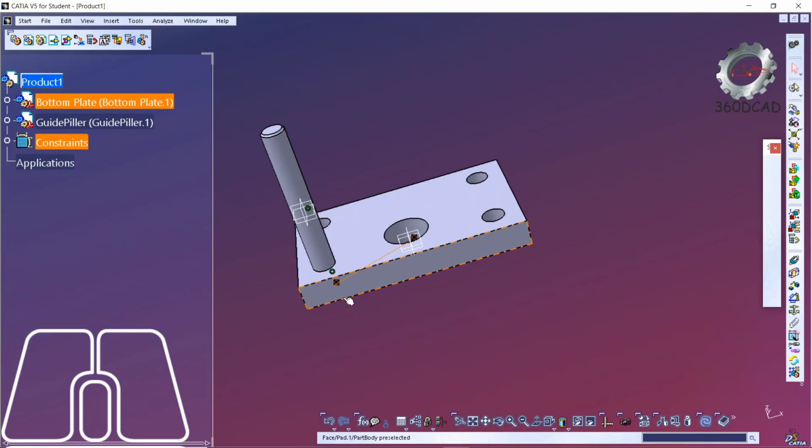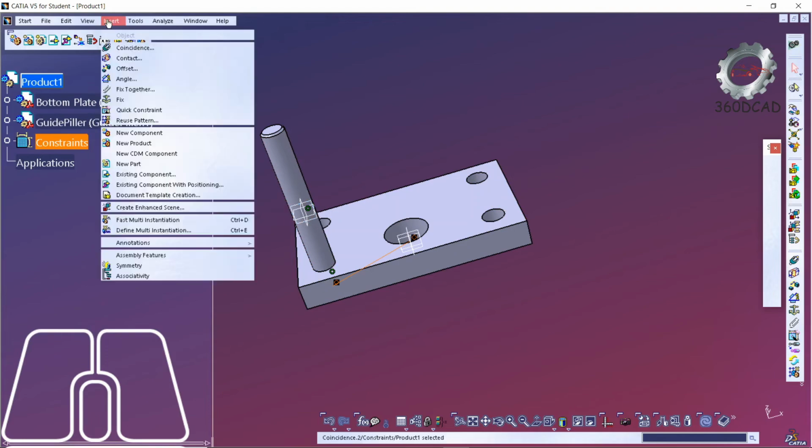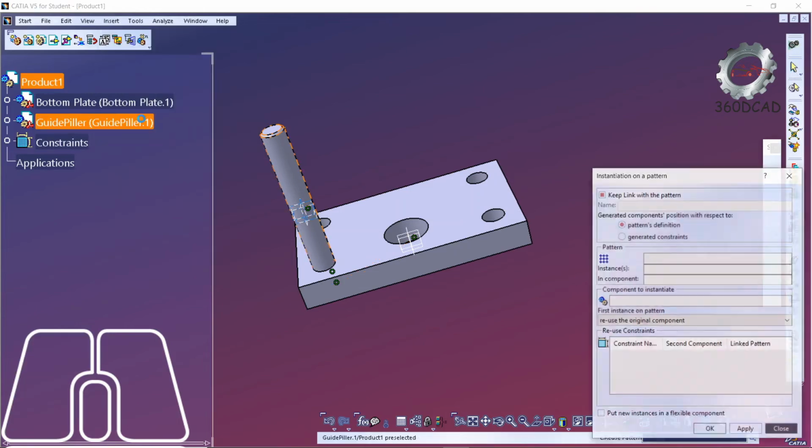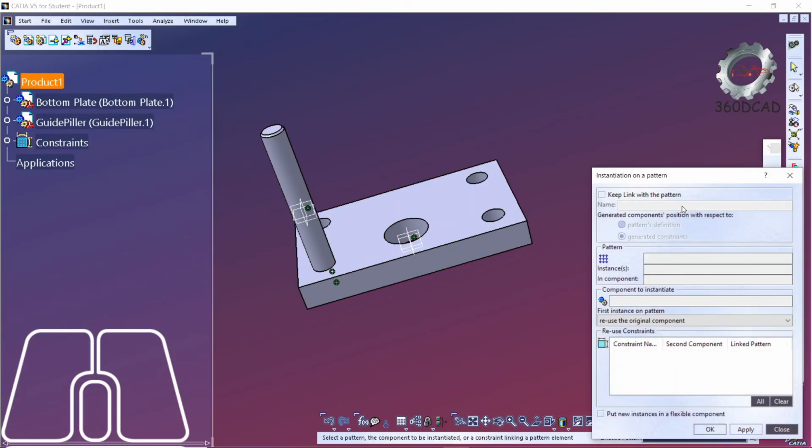Now what we want to do, we have to create a pattern because the same pillar is required at all 4 holes. So we are going to go into the insert and click on reuse pattern. Now in reuse pattern you have to untick the keep link with the pattern, select the component of which you have to use the pattern, then click on the reuse constraint. Which constraint we have to reuse?